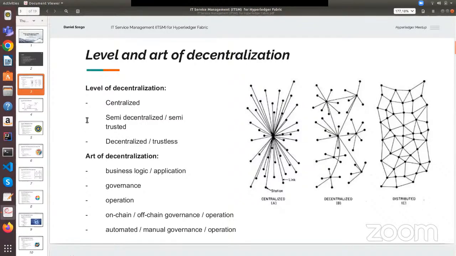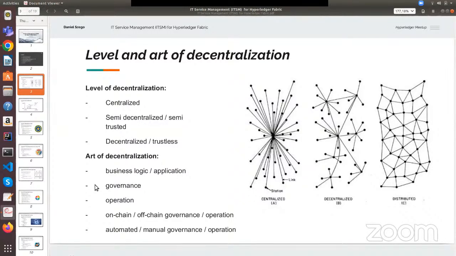But perhaps one important point of view is that there are usually two dimensions. If we speak about decentralization, we usually think of the business logic, the application itself. So that's the first idea. Is it a fully decentralized business application, or semi-decentralized, or fully centralized? But there are other aspects as well that we can consider. So for instance, one